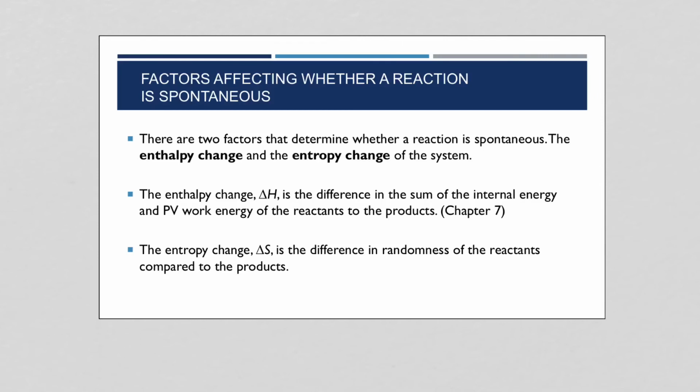So just remember our definitions. The enthalpy change is the sum of the internal energy and PV work of the reactants going to the products. The other way that we thought about this was Q